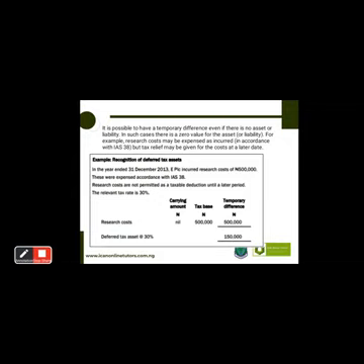So it's possible to have a temporary difference even if there's no asset or liability. In such cases, there is a zero value for the asset or liability. For example, research costs may be expensed as incurred in accordance with IAS 38, but tax relief may be given for the cost on a later date. Example: in the year ended 31st December 2013,